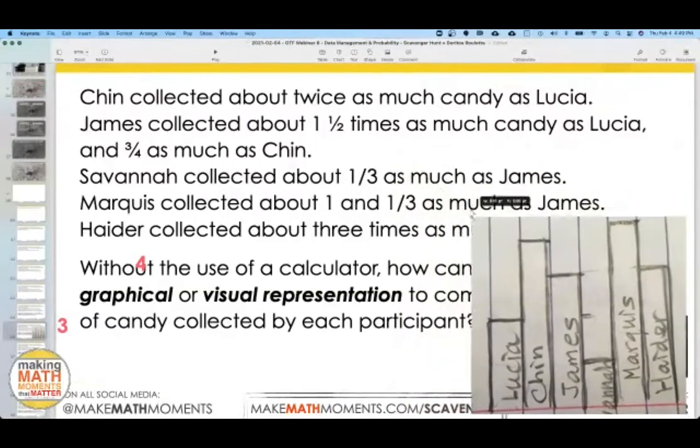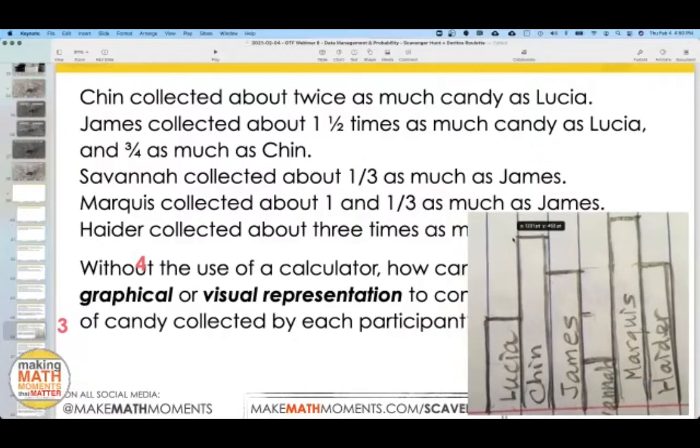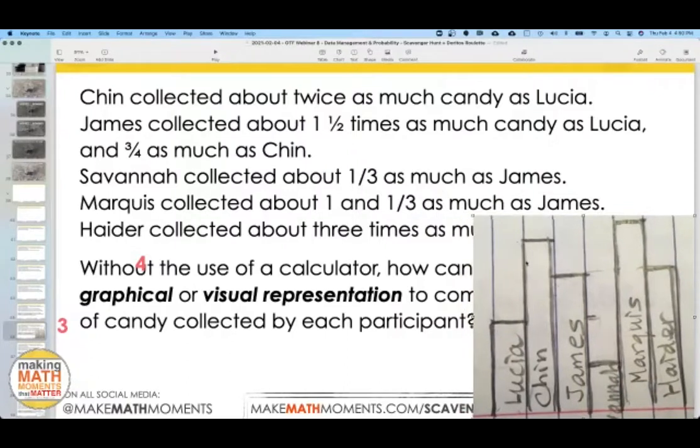You asked for a graphical representation to compare the quantity, but you didn't ask for the actual numbers. Nope. And so I decided to make a graph instead. I love it. I love it. So you're feeling pretty good about this, right? It looks like Michelle says relationships look right.